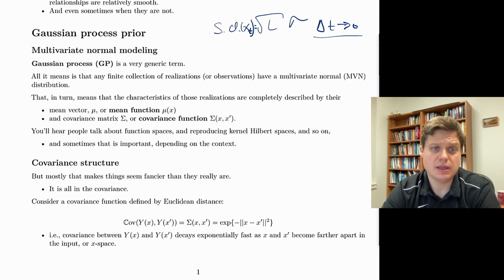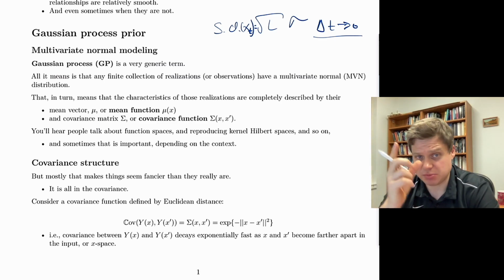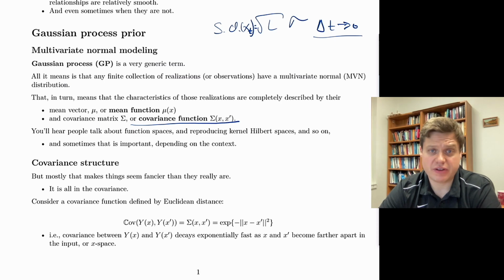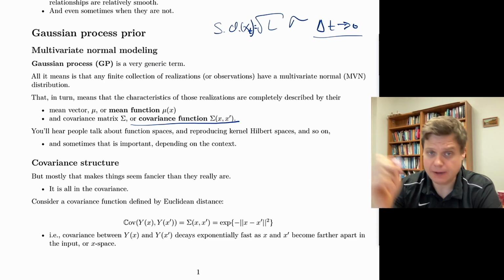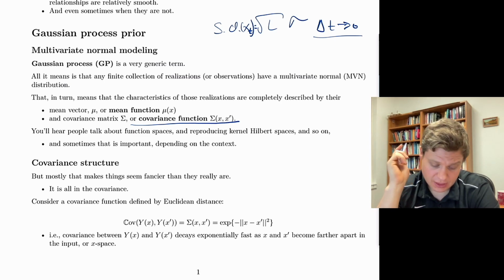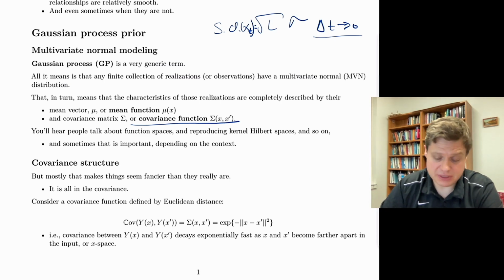And so Gaussian process is defined essentially by the correlation structure between 2 points. And correlation structure is defined by what is called the covariance function. You give me 2 points on the line, and the covariance function tells me what is the covariance of those two observations. And the simplest